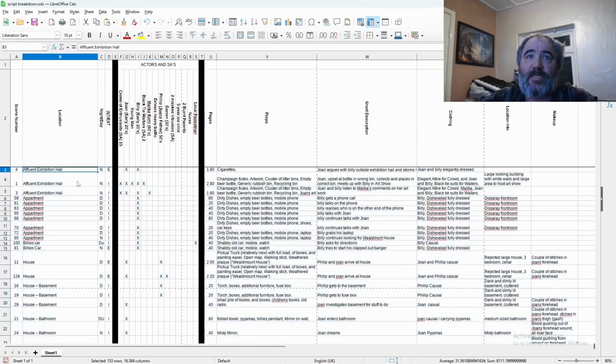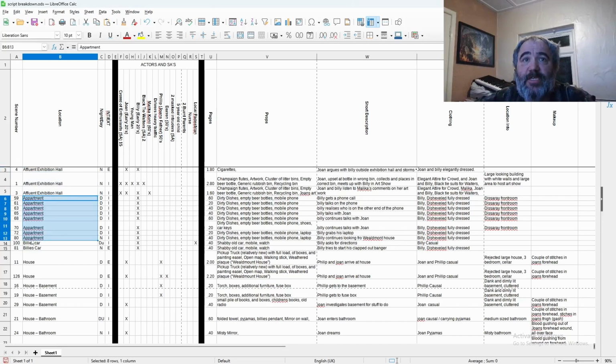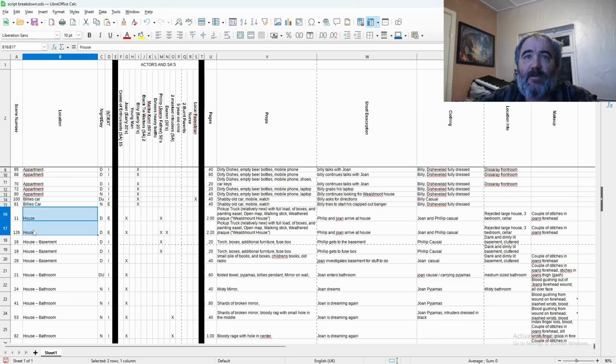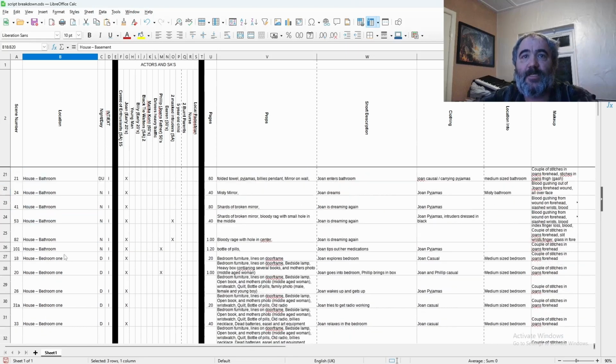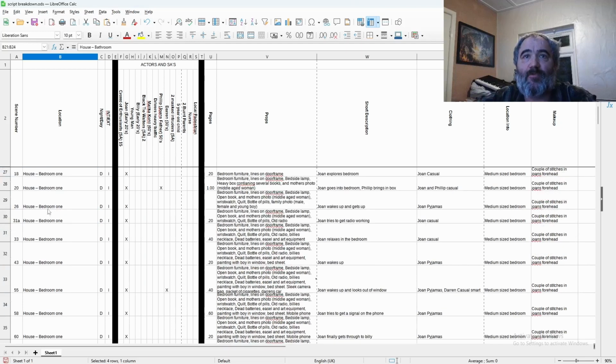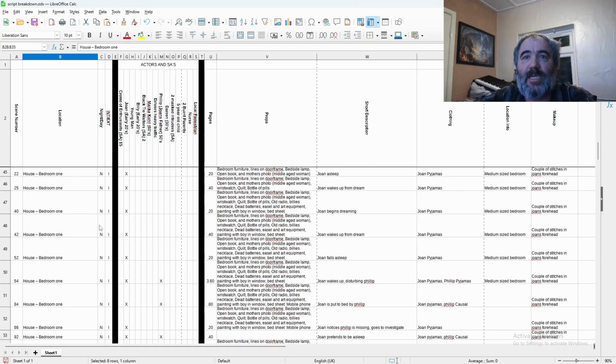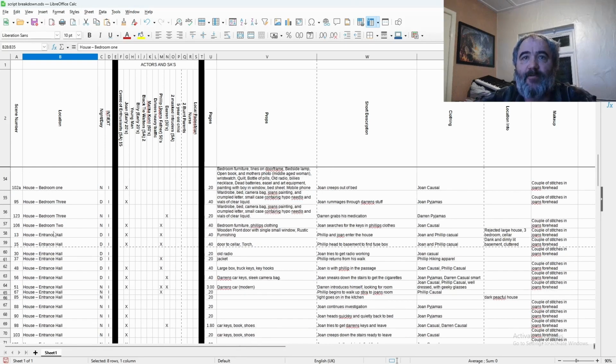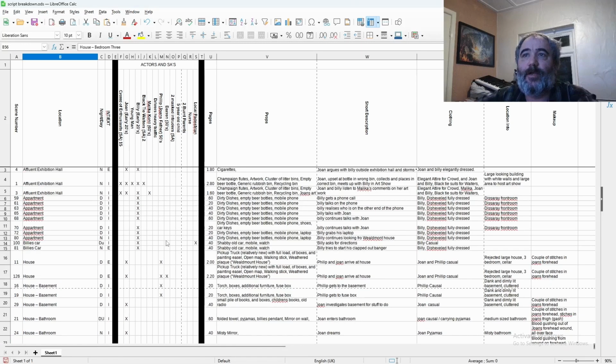So we've sorted it. Now you'll notice that, for example, here we have the Affluent Exhibition Hall, 3 scenes all joined together. The apartment, we have several scenes all joined together. Billy's car's a couple of scenes. The house is a couple of scenes. The basement, so they're all grouped together, and you'll notice the numbers 21, 24, 41 and 53, they're all different, so they've all been mixed around, so no two are the same. So these are all bedroom 1 shots in day and then night, entrance hall, and the scene numbers have changed, so we've muddled it up. So this is now sorted